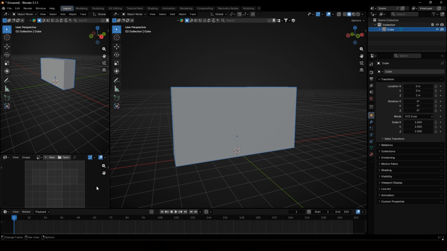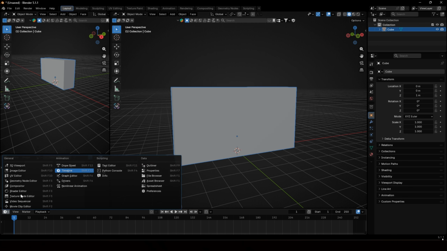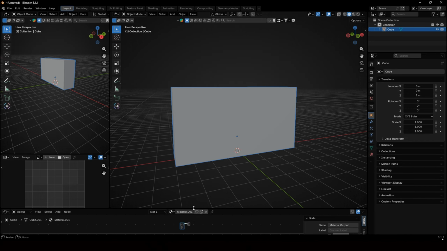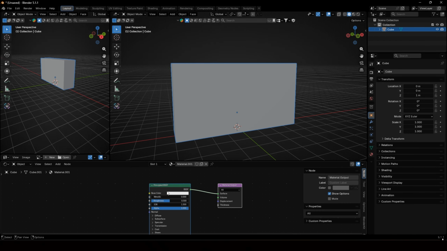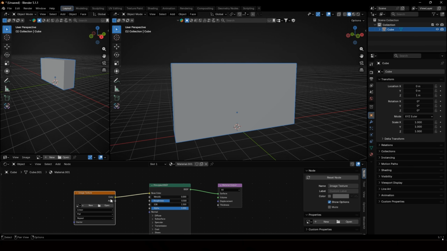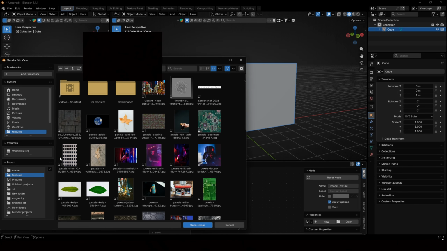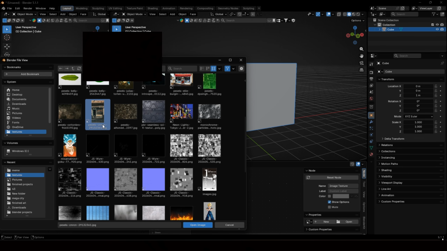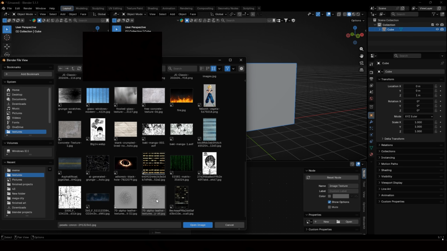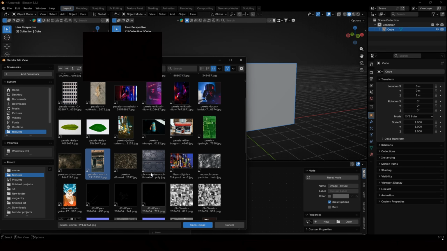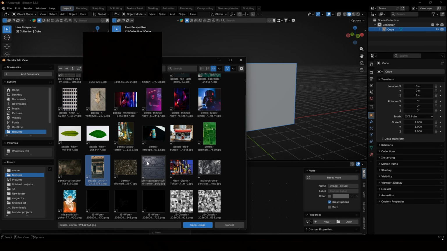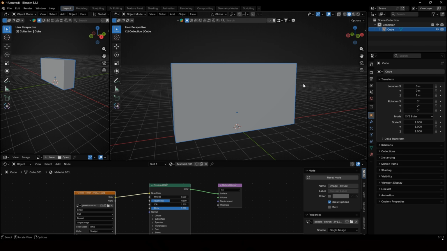Usually we'll use an image texture to quickly grab something, so we'll just do image texture, color, open, textures. You can use that one, but we can also use a different one. Is there an easy one to use? We'll just use this one. Quickly just